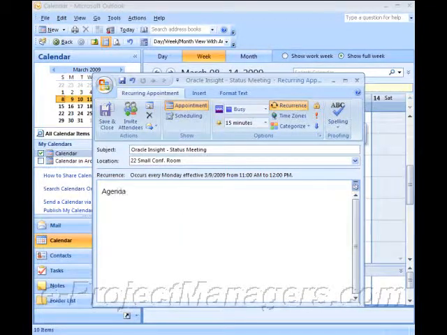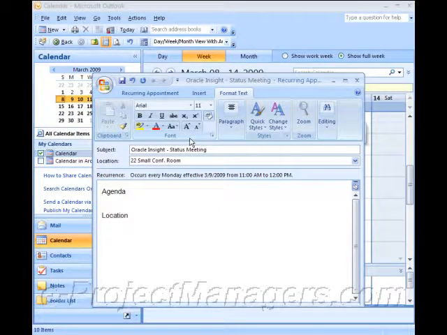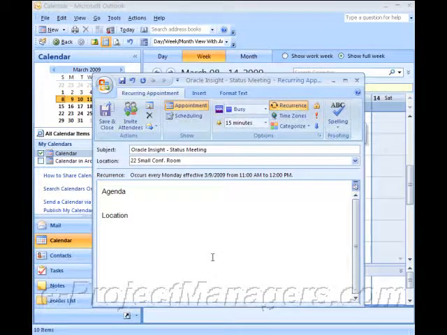And what you'll do is write the agenda in terms of high-level bullet points and the location. So I would say something like review changes, action items, issues and risks, and the location being 22 small